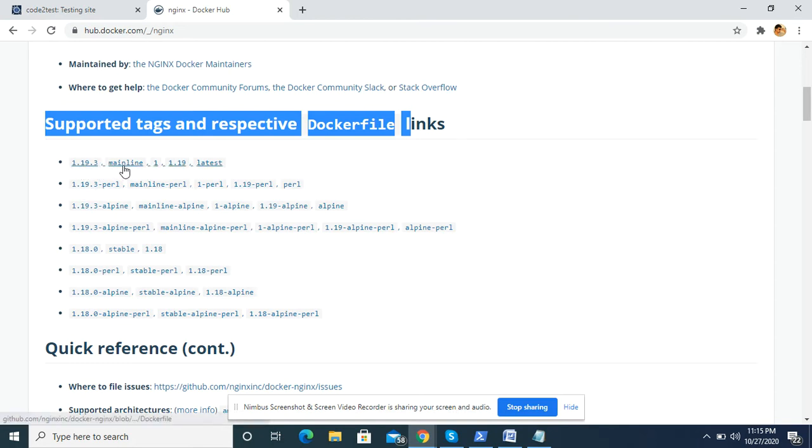You see the updated versions, the mainline or the latest images being displayed over here. Okay, so we see 1.19.3, it's the updated mainline version, and this is one image, 1 point something something, more accurate like 1.19. These are more specific image versions.